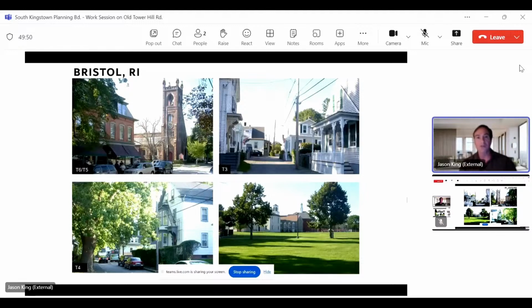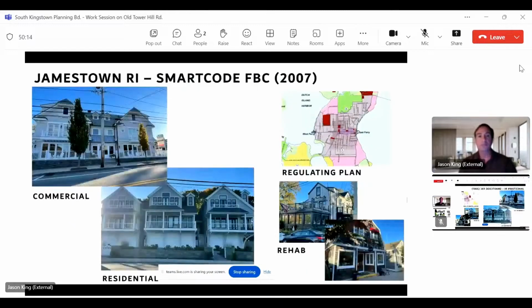These are all the things form-based codes were created studying places like Bristol, Rhode Island, or Wakefield, Rhode Island. So there's the denser area. There's housing which is attached, or duplexes. There are small single-family houses, and then there's diversion of building density in one area. There's a green space. This is the way we built for a very long time.